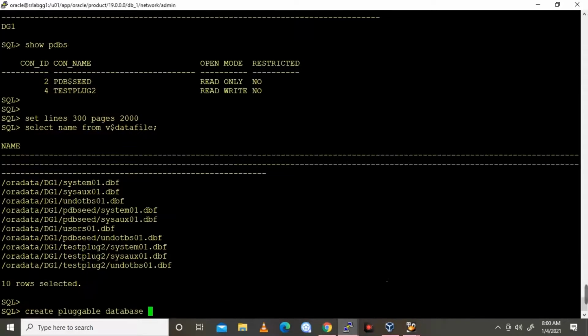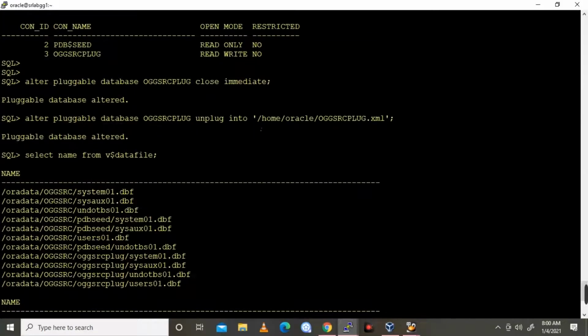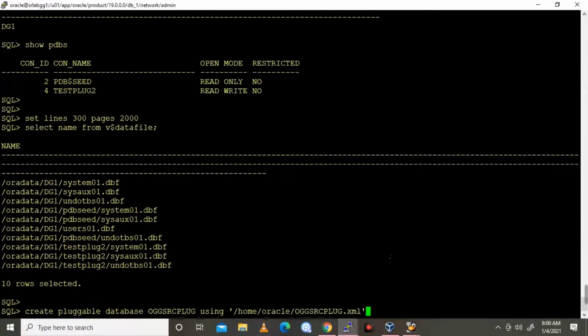Now I'm validating the data file in this container, and here it is, one pluggable database is already available, and again I'm going to create the pluggable database using that manifest XML file. Already we have created it from the source container. I'm going to plug into the target container now.